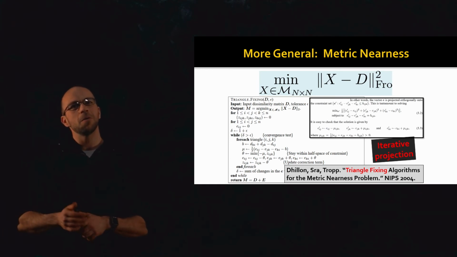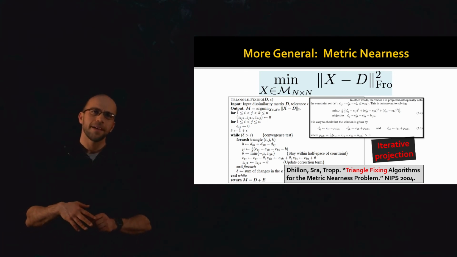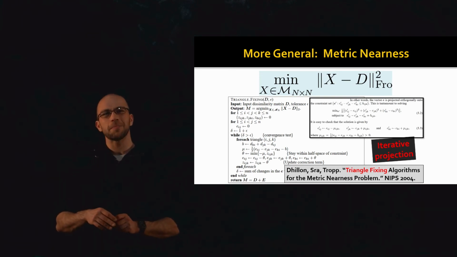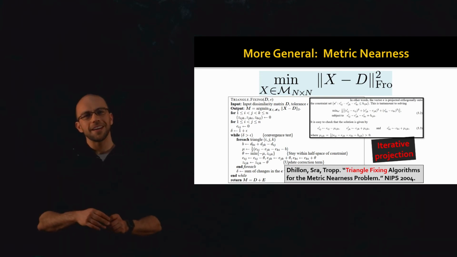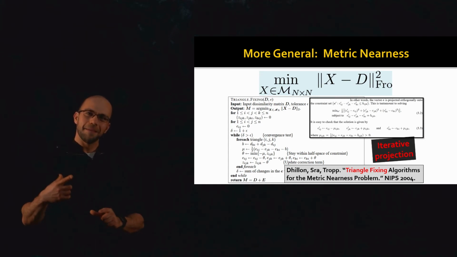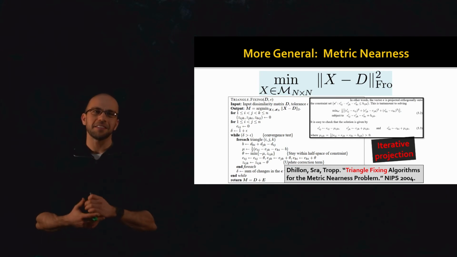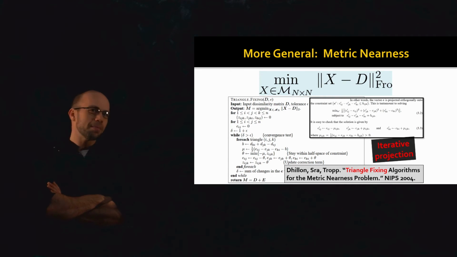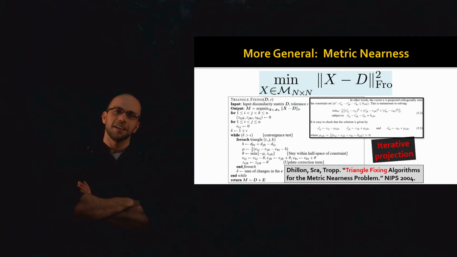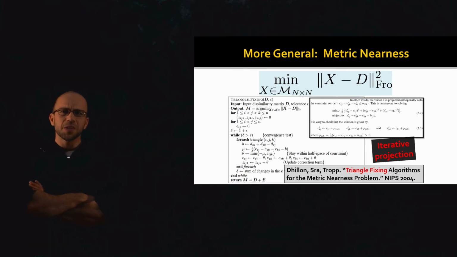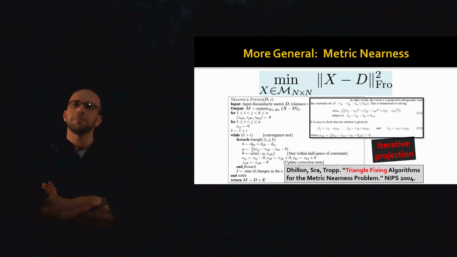So for example, one simple problem in principle, although solving it is quite tricky, is the metric nearness problem. This is kind of like a projection problem. It says, I'm going to take some generic matrix X and project it onto the space of distance matrices. Remember that a generic matrix X may not be a distance metric, right? It might not have a triangle inequality. It could have negative entries, whatever, which violates the assumptions that we've put on our input,